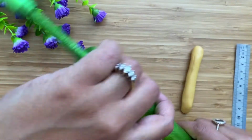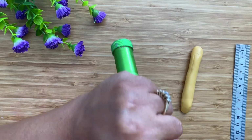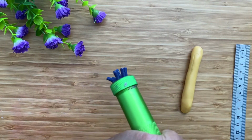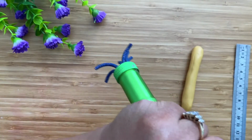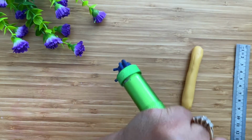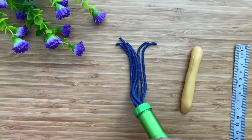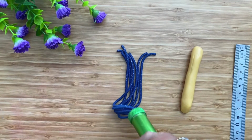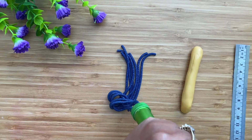Next what you have to do is the top part, it rotates, and once you rotate it you will see the clay strings coming out. So let me do it. Do you see them? Yeah. Okay, so I'm done